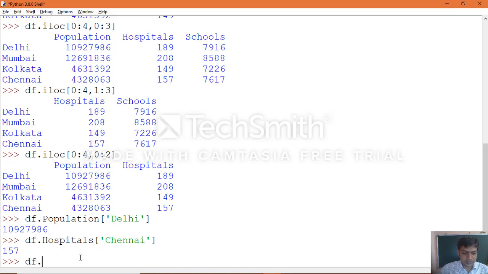Same way, df dot, for example, which you want to access with the help of an index number, that is 3 comma 2. Let's see what happens.